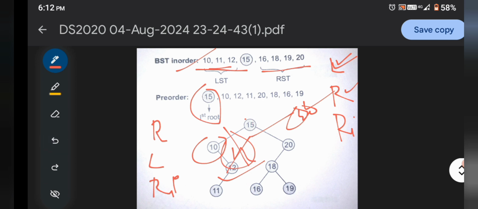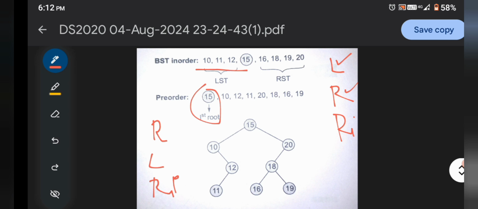Now we come to the right subtree portion. In this case, 16, 18, 19 and 20 are given. We easily identify this one because we sort those elements. Here in the pre-order the 20 is given over here. So in the case of 20, we easily say left to right.